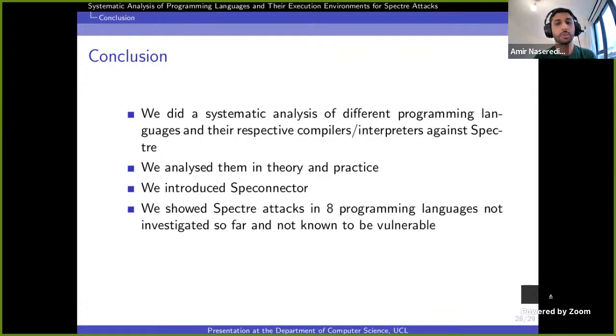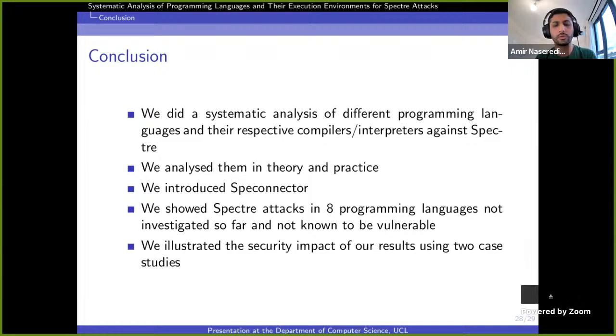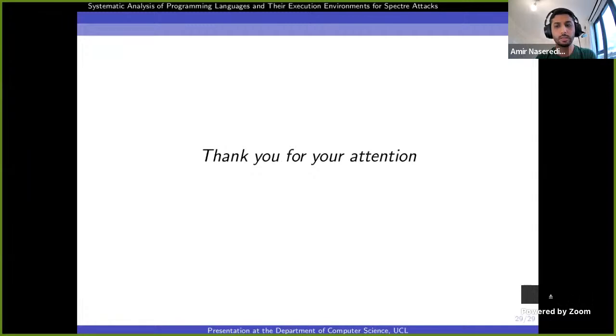And we showed Spectre attacks in 8 programming languages that were not known to be vulnerable against Spectre attacks, or against each of the variants of the Spectre attacks. And also, we showed it in 2 case studies.